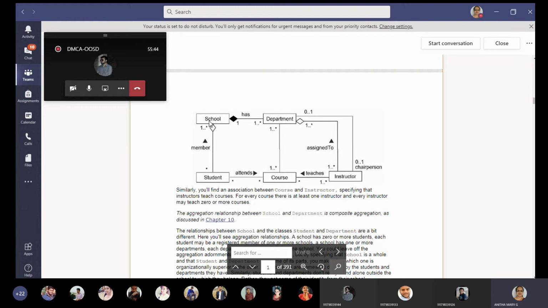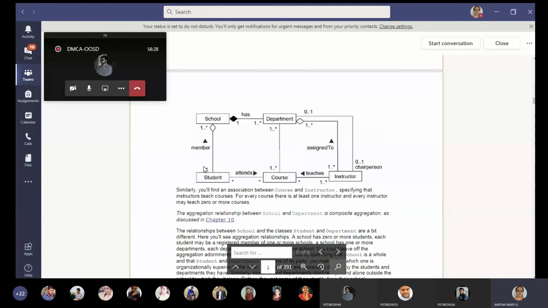has school. Why is "has" given here? As I told you, generalization is an "is a" kind of relationship, whereas aggregation is a "has a" kind of relationship. In that perspective, they have given "has" here. Department is part of school. And cardinality is also there. One department may be a part of a school if it is a small school or primary school, started with the initial education system, or else if it is very old it might have many departments. In that case, one or many departments may belong to one school, one college, we can say.